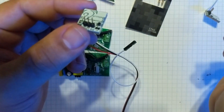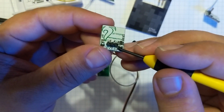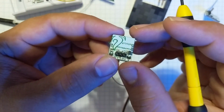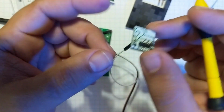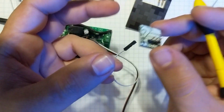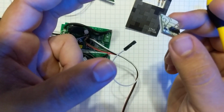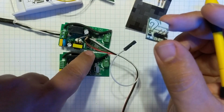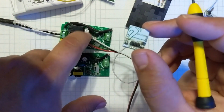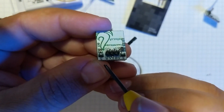So I also did some testing. Like I said, this resistor was actually for the LED. It went from 3.3 volts to 2.7. I've been running my LED with no resistor at 3.3 volts for, I don't know, 4 days now or so, and it's not hot. It's perfectly fine. So we can eliminate the resistor on that side, but we will need the resistor on the output side for the pull down. I could not get it to work without having this resistor, and it's actually this 10K ohm resistor